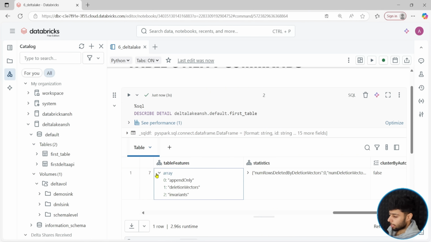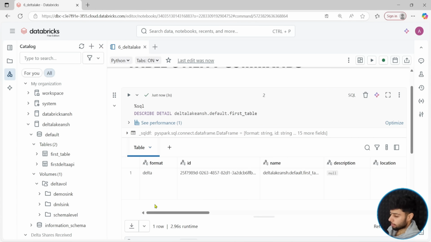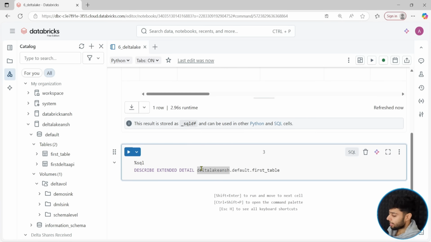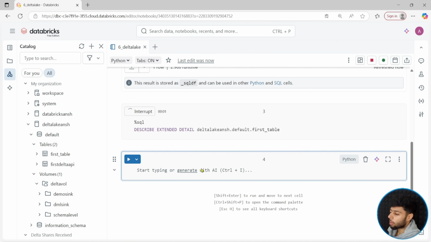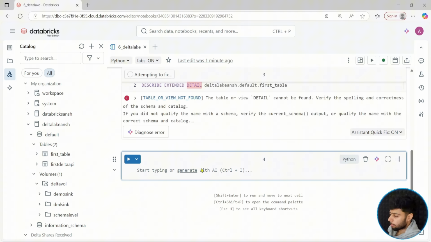See, under table features, it has automatically enabled deletion vectors, as I mentioned, right? Very good, because now it auto enables deletion vectors, and by default in the tables we get this property which is append only. So all these things are here. Make sense? This is the power of the detail command. If I say describe extended detail, I will see a lot more information about my table, because as the name suggests,